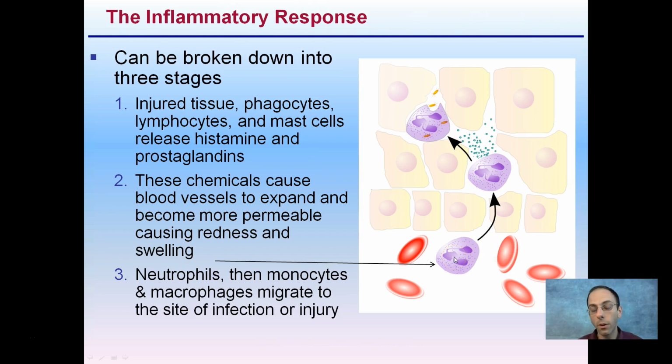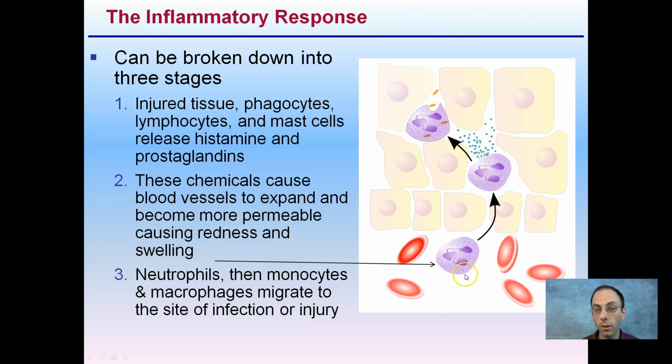We have this influx of red blood cells, this influx of white blood cells also to the area. Neutrophils and then monocytes and macrophages migrate to the site of infection or injury. So they're working their way through these, we'll call them epidermal cells, and they're working their way to that initial cut, and here we're noticing some bacteria are being taken in and destroyed, eliminating the chance that they could get